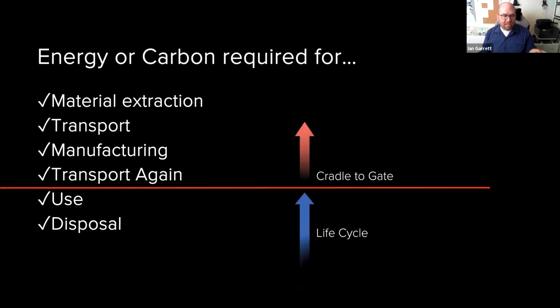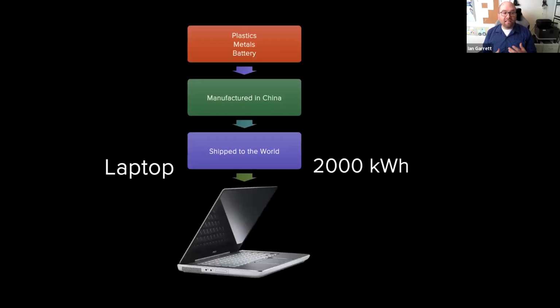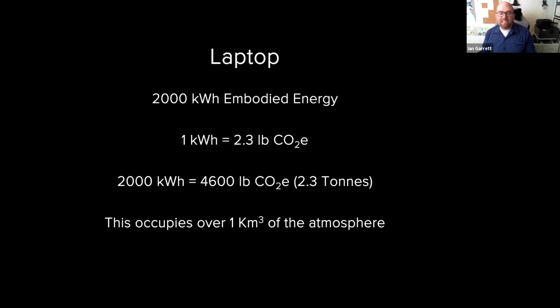There's the cradle to gate, the amount of it that accrues before it gets to the actual user. But by the time it gets to you, there's actually an amount of embodied or embedded energy or carbon, depending on which it is, that has had a significant impact. Like a lot of laptops, once they get to you, have consumed the equivalent of 2,000 kilowatt hours of electricity from transporting them, extracting the materials, and shipping them around, which has a significant impact on the atmosphere